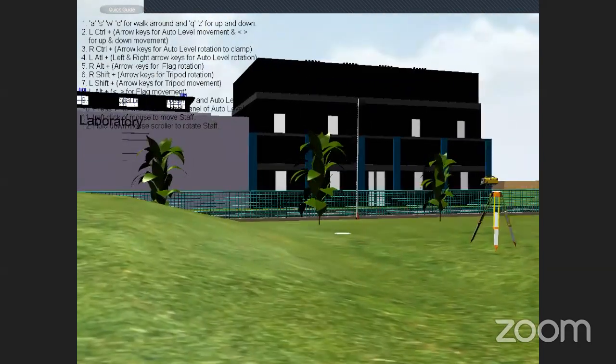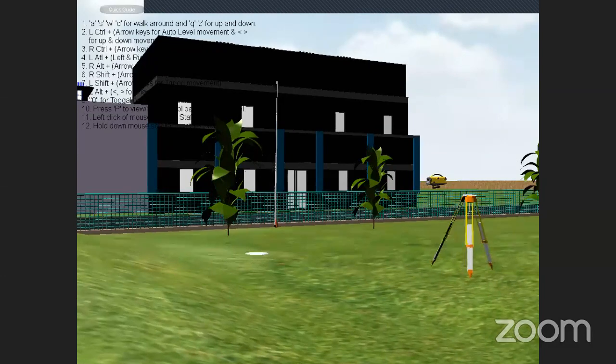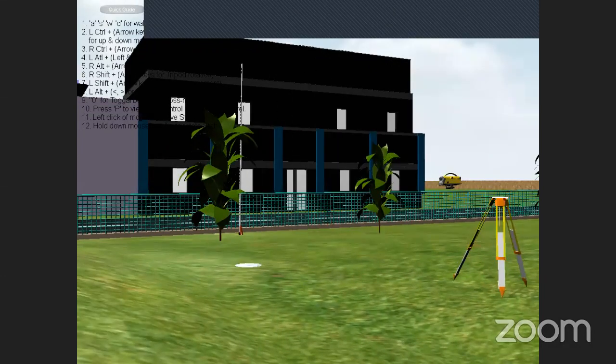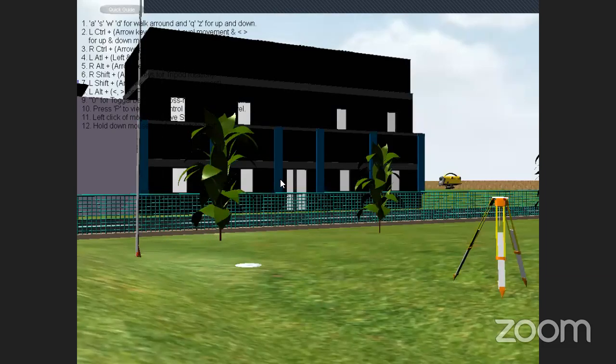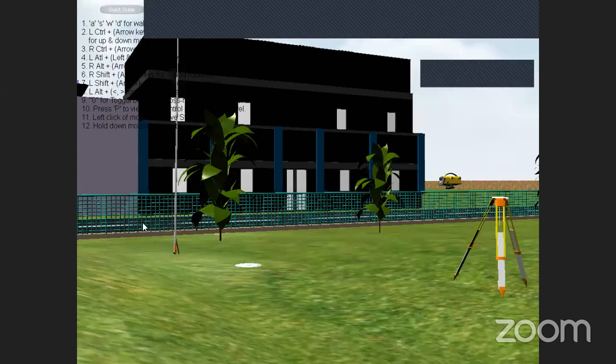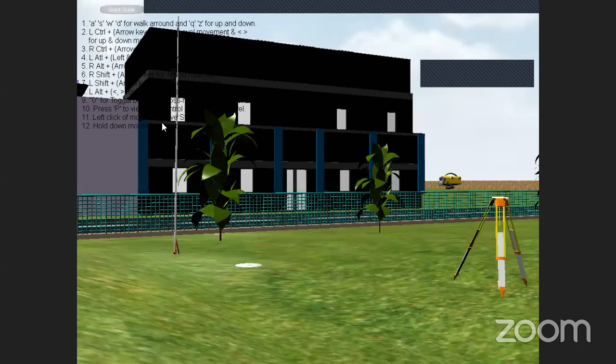Why you are taking a backside, why you are taking an intermediate side, and foresight. You should know the basic difference between backside, intermediate side, and foresight. The backside means you are going to connect your survey data with reference to the previous leveling values.